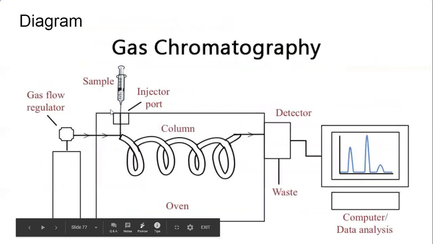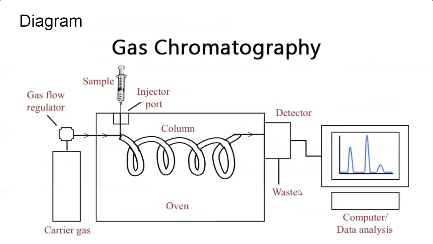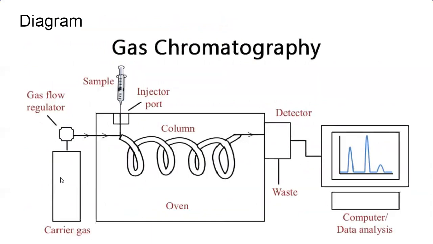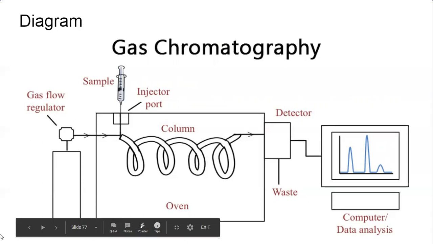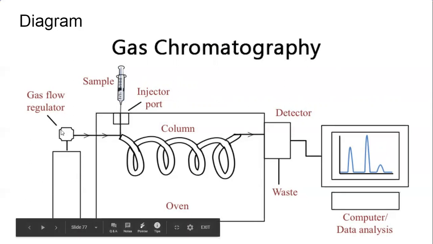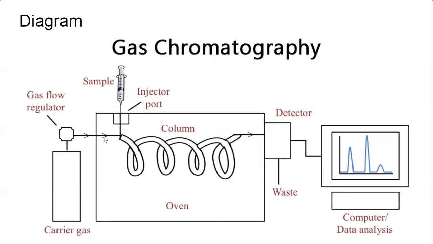Okay, so let's see the diagram, how it looks. It is a schematic diagram of gas chromatography. This is the carrier gas cylinder. Generally the cylinder is filled with inert gases like helium, or else we can use nitrogen when we need more amount of carrier gas. At that time, instead of helium, we go with nitrogen. This gas cylinder is known as the carrier gas cylinder, and it is regulated through a regulator with which we can control the flow of gas.